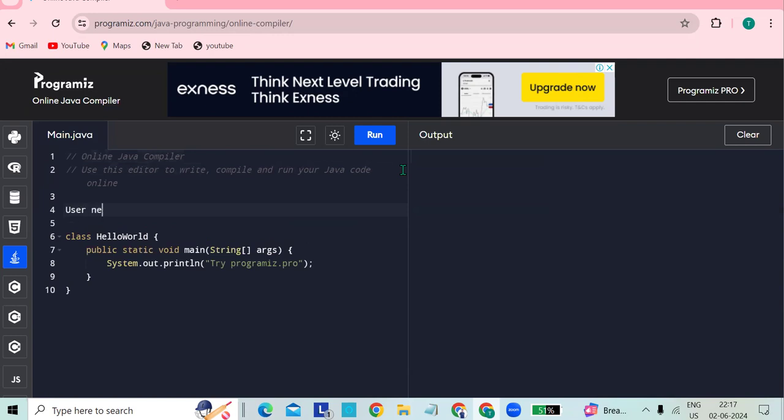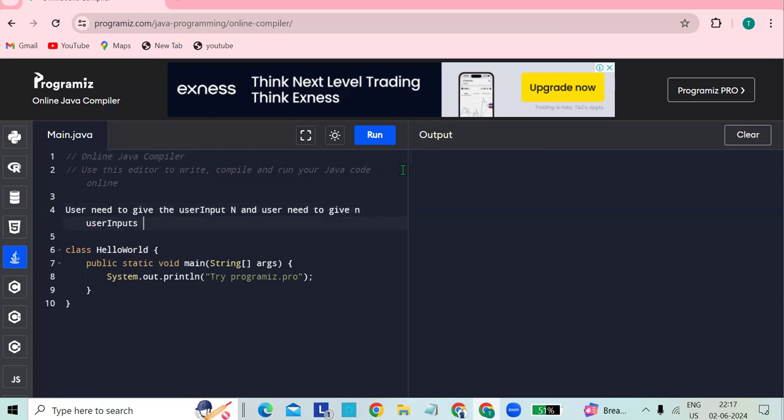So user need to give input, and user need to give inputs and store them in the array, and user need to check